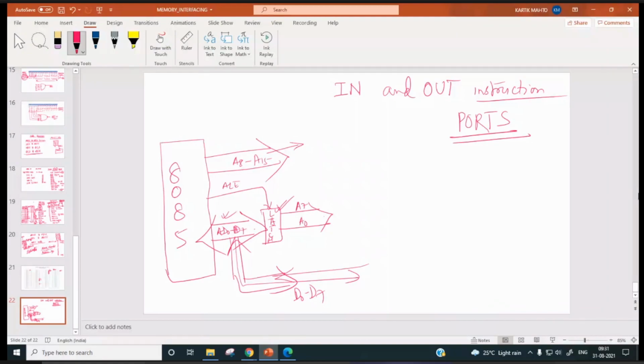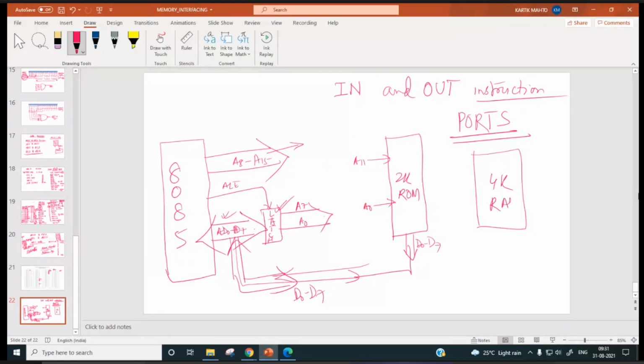Next, if you have a 2K RAM or 2K ROM, how many address pins will be there? A0 to A10, 11 pins. How many data pins? D0 to D7, all outgoing. Similarly, for a 4K RAM, there will be 12 address pins, A0 to A11, and D0 to D7 bidirectional.